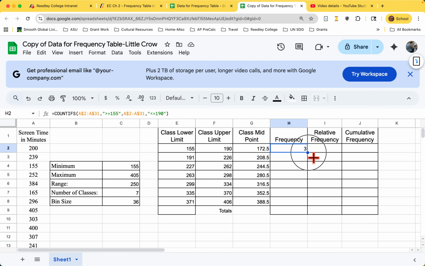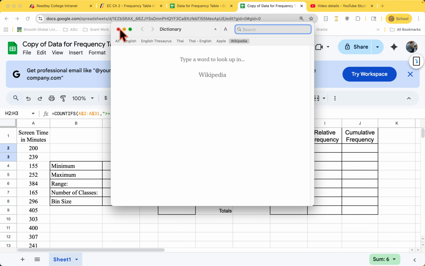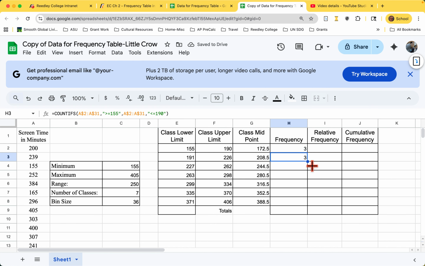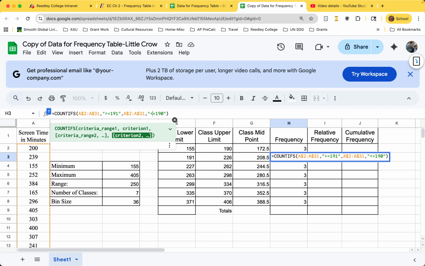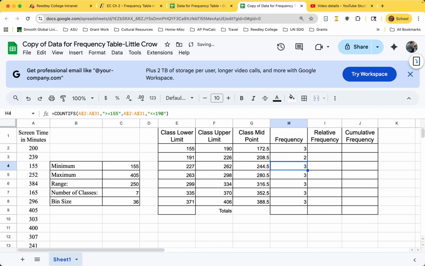And then when I copy it down, you're going to see, what's it going to do? It's going to be all 3s, because remember in the criteria, I don't want it there, so I'll delete that. In the criteria, it's all still 155 and 190, but what I can do now is just edit these numbers to match the lower and the upper class limits. Okay, so it's a little tedious. That's why I wish it would refer to the cells, and I could have done it that way, but it didn't work. So I have to change these 151 or 191 to 226, enter, and now it counted